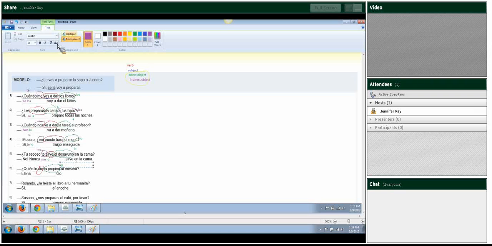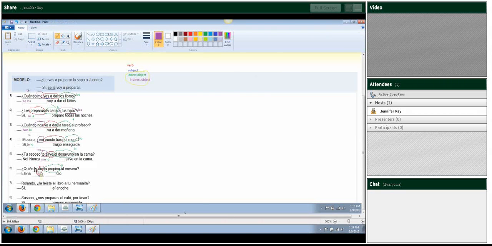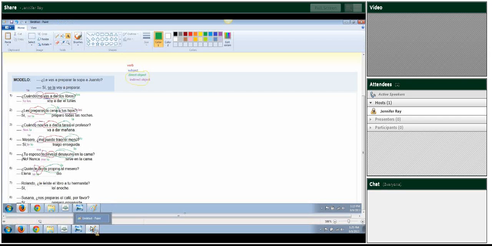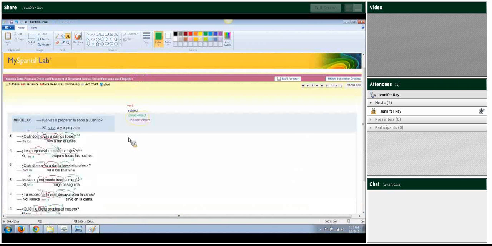This "le" you're still going to use. So remember, purple goes first. You would write "le," and then you would write "la." But whenever you end up with "le la," you can't keep that. You're going to have to change your "le" to "se." So if your indirect object is "le" or "les," and next to it is a direct object that starts with an L, you're going to need to change your indirect object, your purple, to "se." Hopefully that's good for you guys.